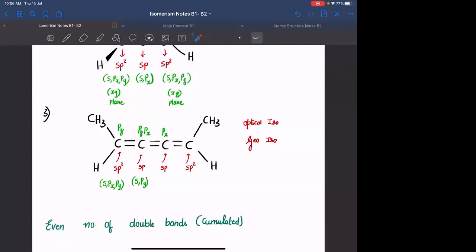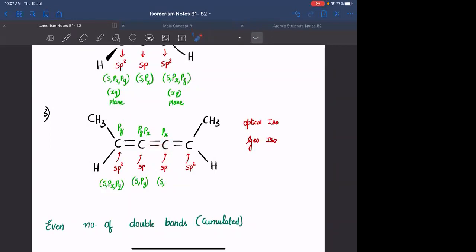Agreed? Everyone. Okay. उसके बाद look here, this lies along the y-axis. ये जो पर्टिकुलर कार्बन का ऑर्बिटल से they are lying along the y-axis. If this carbon has to make sigma bond with this, its orbitals also must be present along the y-axis. Then only it can form a sigma bond with this.